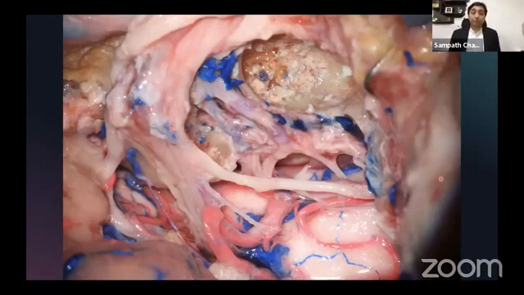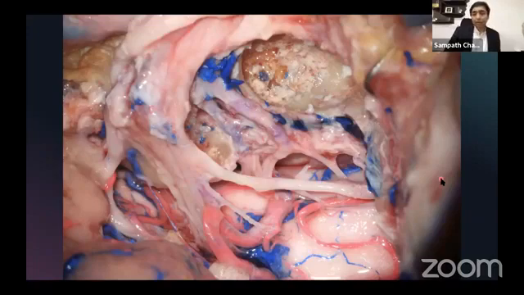Sir, then where do you start the drilling for the carotid in front of the cochlea? The carotid drilling begins... Now there are two things here. If you are doing a carotid exposure, that is not the same as controlling the carotid.